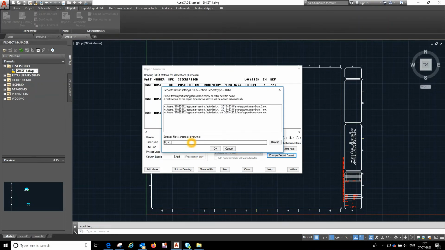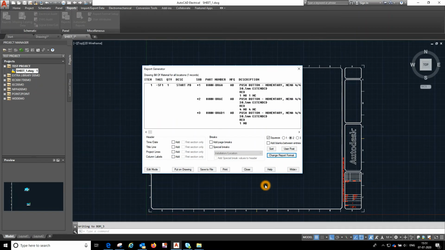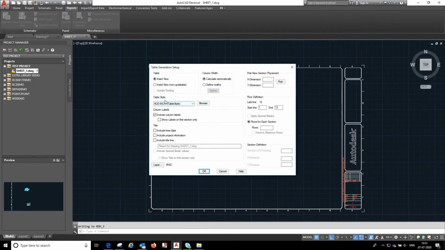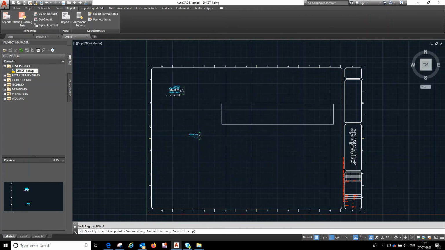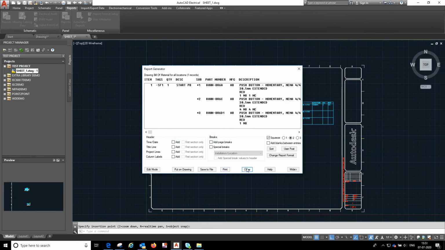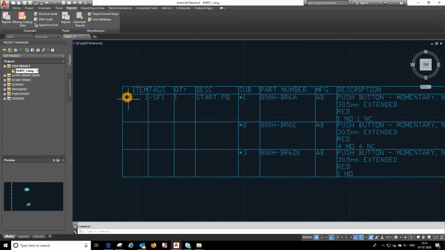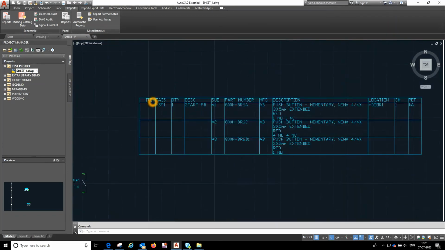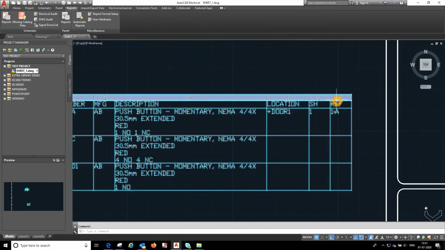Click on OK save on the BM tab. Here I'm making BM underscore 3 and click OK. If you want to use it in future, we can just go to the format and you can use it. So this is the format. I will bring this onto the drawing. I will go here to metric millimeter and click, and just close it. So this is how it looks like, item 1, and here we can see the reference number.